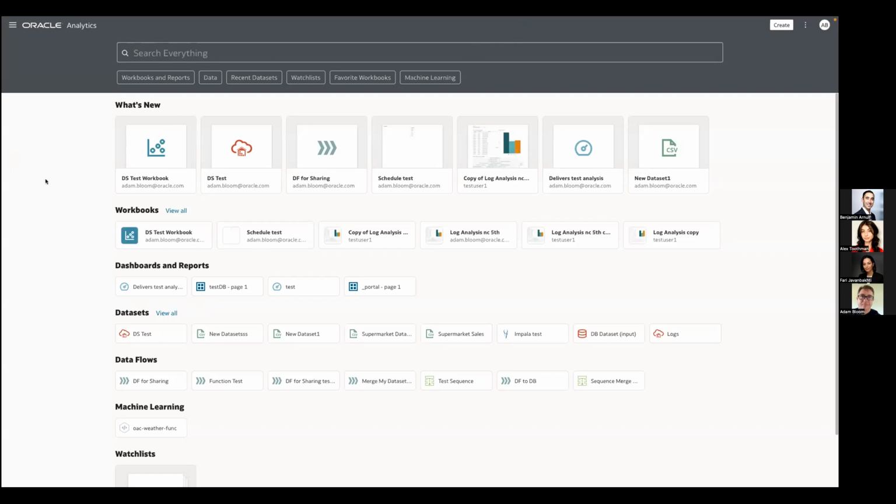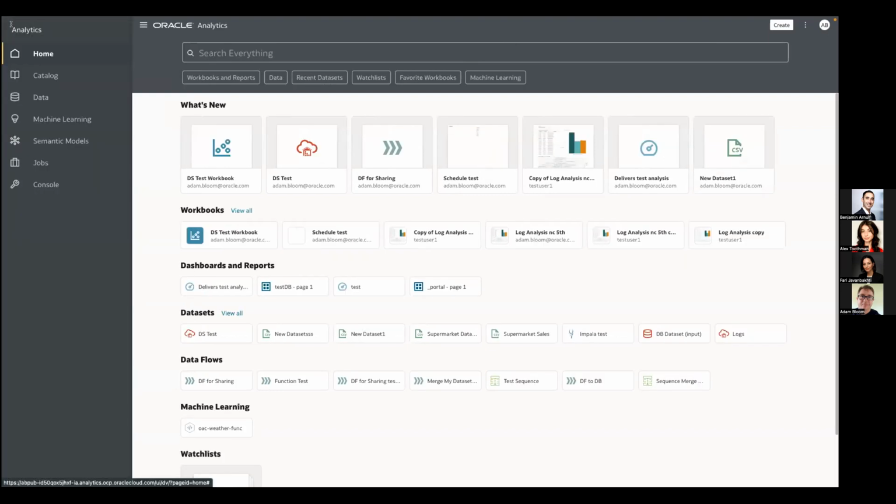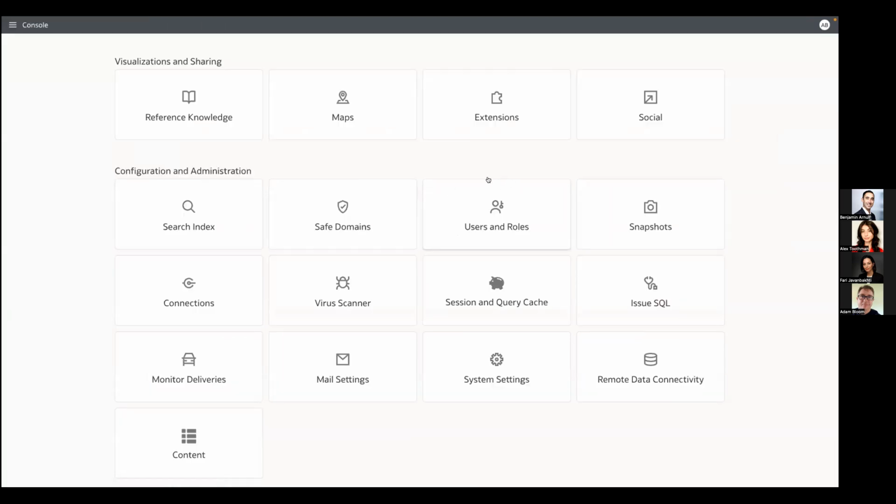You do? Okay, great. So what I'm going to do in this demonstration is create a user-defined application role that will allow a user just to use a subset of the authoring capabilities that we just talked about. So the first thing that we do, I'm logged in as a user with the BI Service Administrator role, so an administrator if you like. And if I go to the console, this is where most of the administration capabilities are in Oracle Analytics Cloud. And I'm going to go to the users and roles